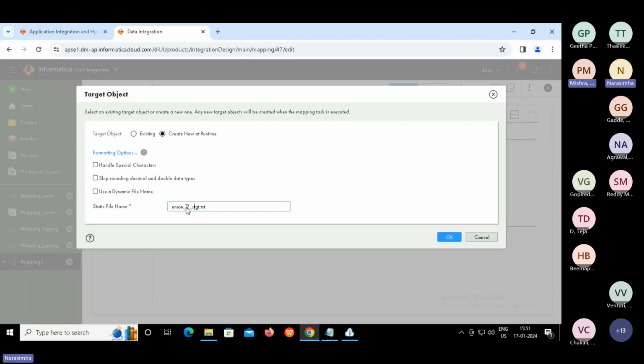Because we are doing union, did we change the type of the data, like integer from string, or we left it as it is? No, it's as it is. See, while combining, we don't care about the type. But the type should be the same for all the sources. Clear?